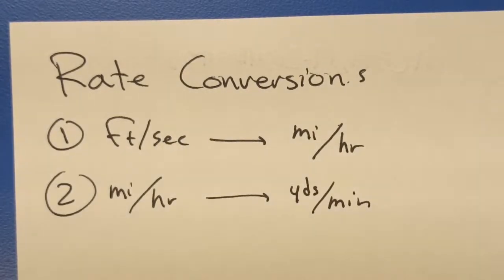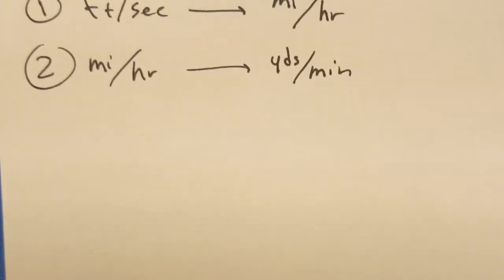Hey students, just wanted to cover rate conversions one more time, just to show you how that works. It's a double conversion, so it takes a little bit of work and a little bit of setup, but it's kind of just a puzzle. You put the pieces in the right place, everything's going to be fine. So I'm going to take one of the examples from